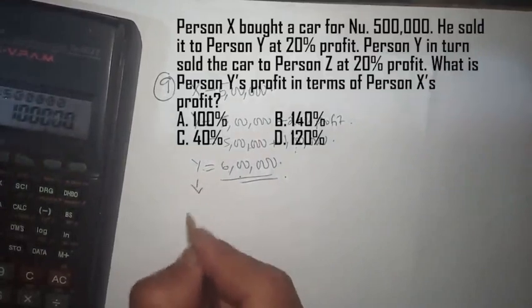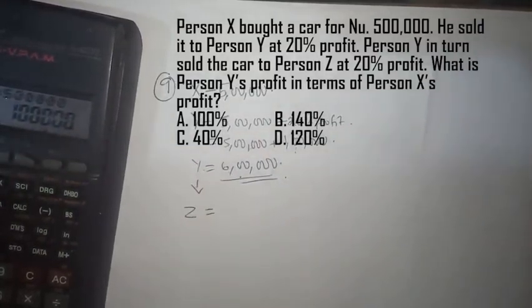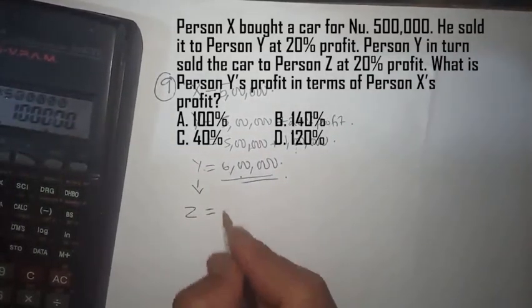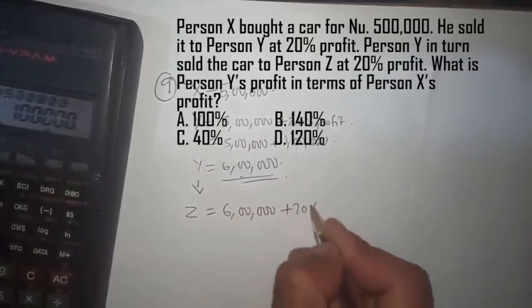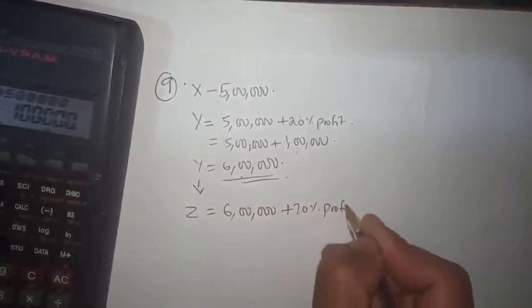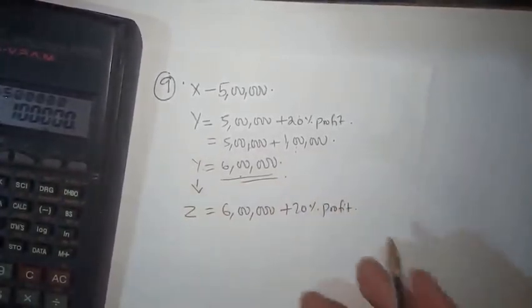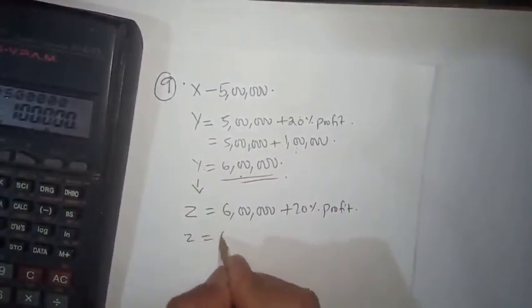So on the 6 lakh, he sold it at 20% profit, that is 6 lakh